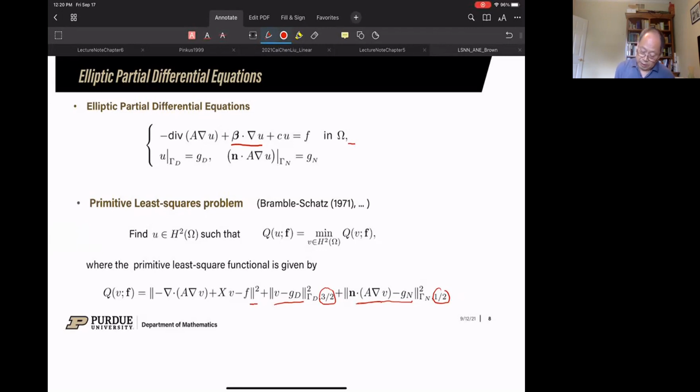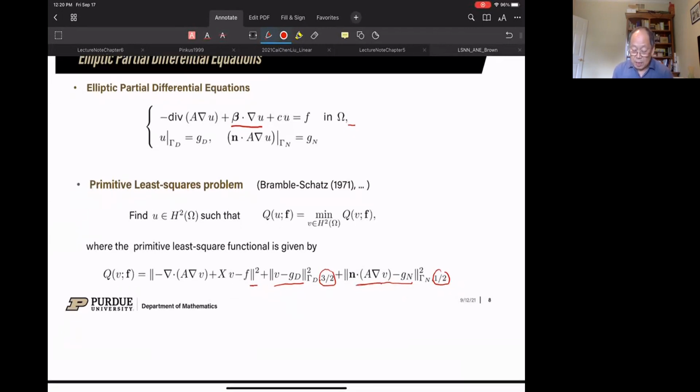Now, one thing let me point out is in this formulation, we have to require our solution to be sufficiently smooth. Otherwise, this formulation does not apply. Of course, when the solution is smooth, a lot of numerical approaches work well for these problems, right? So this is the reason in the 80s people started thinking about whether we can develop some least square formulation that can apply to a general class of problems.